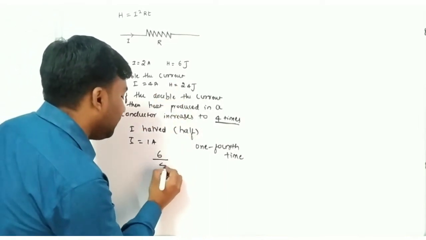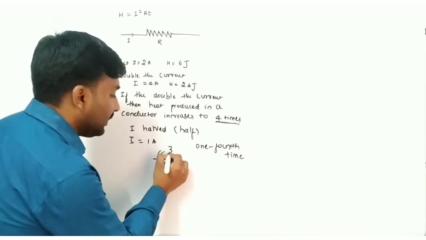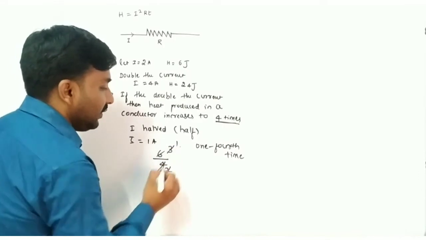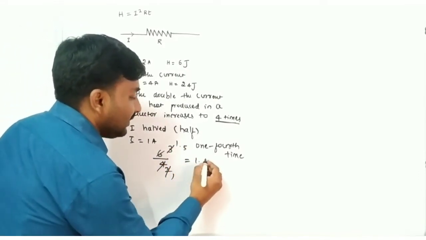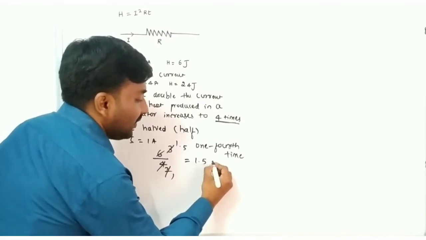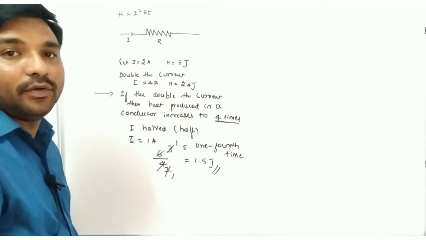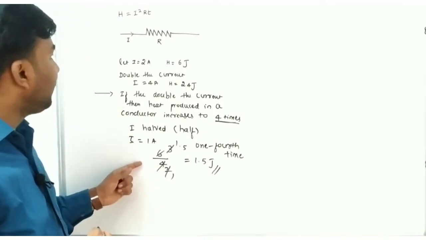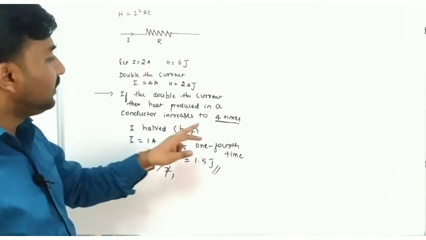That is 6 divided by 4, which is 1.5 joules, right? So this is the first factor we need to remember: